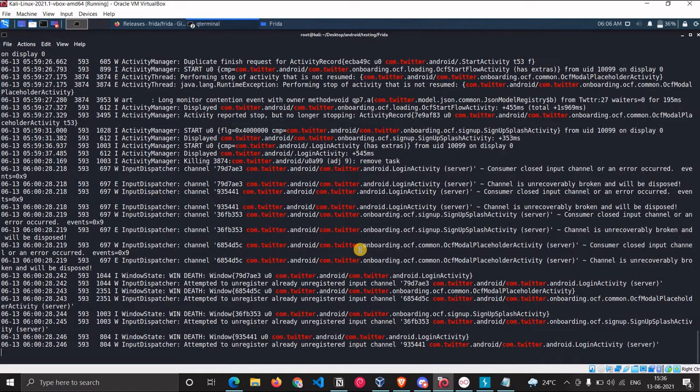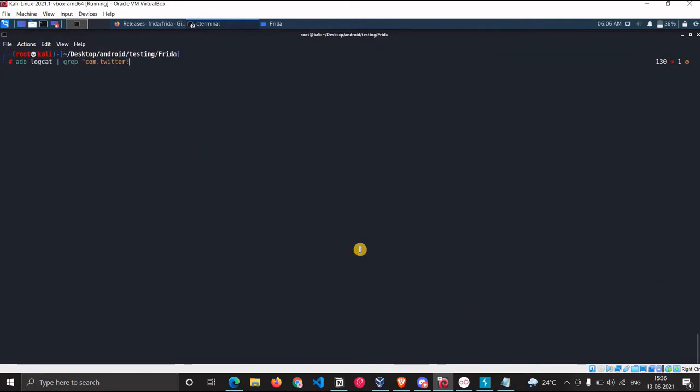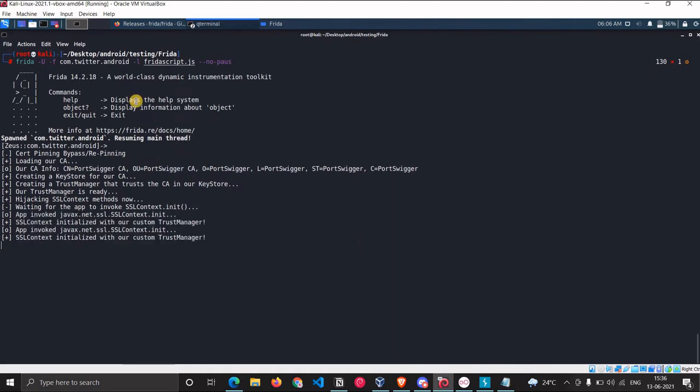Just a second. Okay, com.twitter.android. Okay, this is the process name. It is not android.twitter, it is com.twitter.android. Okay, now it is running.